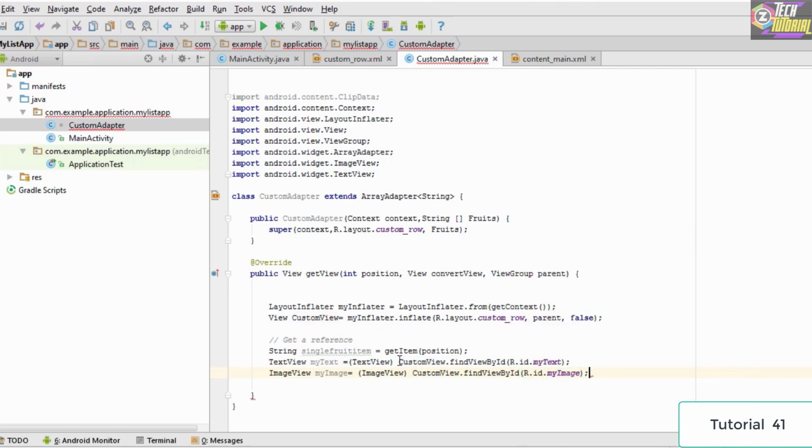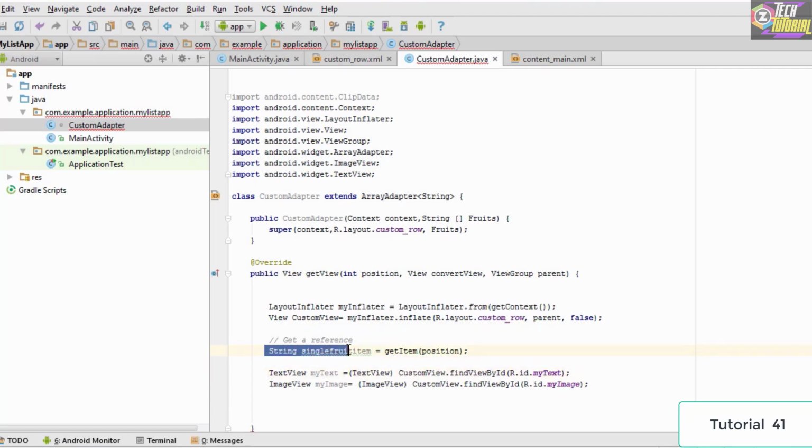So now once we have the reference to the text and the image, the next thing which we do is that we set the text as well as the image. In order to set the text, we need to set the text to this single fruit item right here, and that is because this is the string which actually stores or extracts the item by using the position.